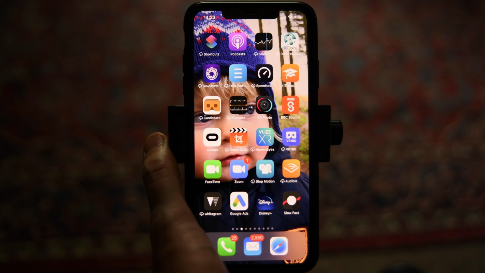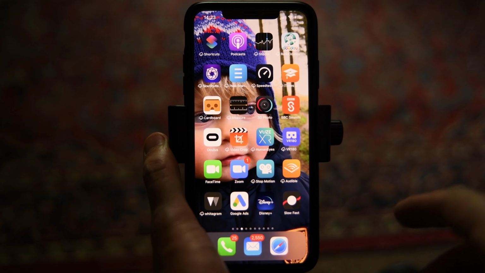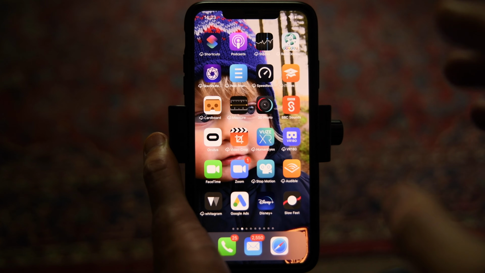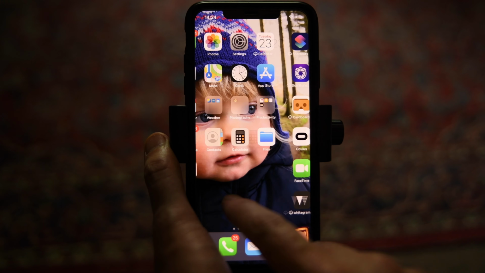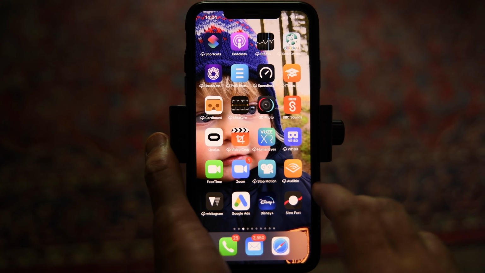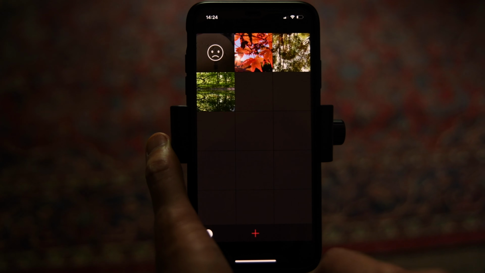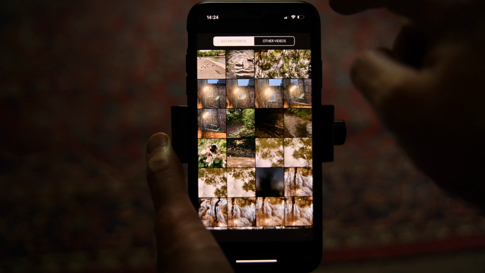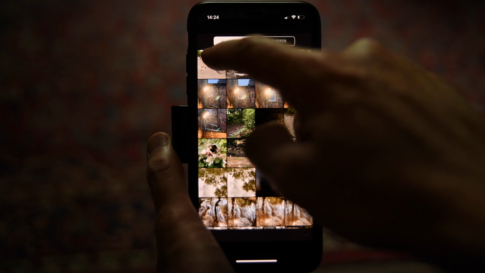Okay, so I'm back home after the park. I'm going to show you how to use the Slow Fast app to process this footage, to make it go backwards, to change the pace. So I'm going to find the app, which is this one here. It's like a white circle with red lines. You'll be able to find it in the App Store. If you click on that, you can then choose a video. So if I go to plus, it shows me all my slow motion videos, and this top left one is